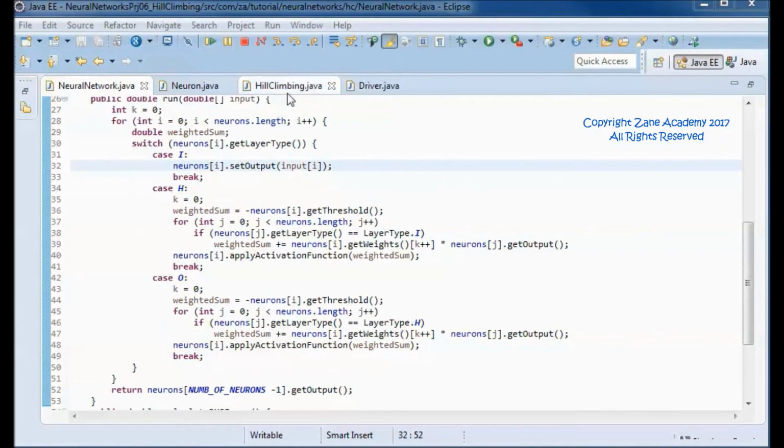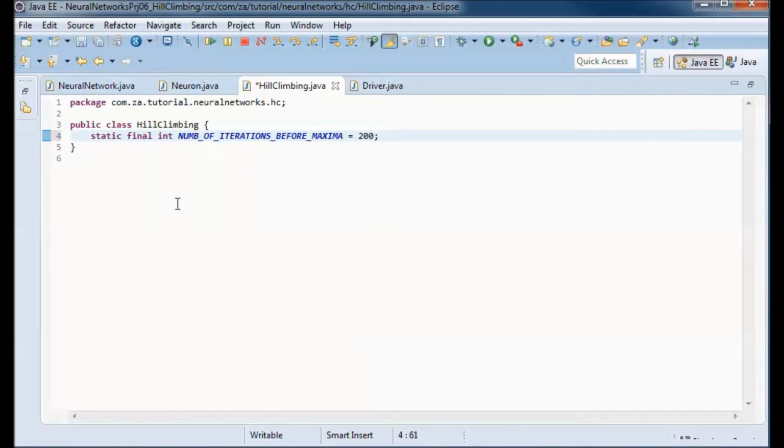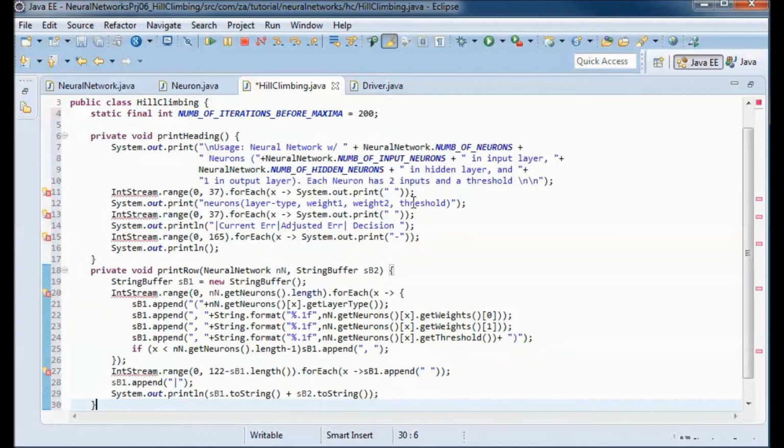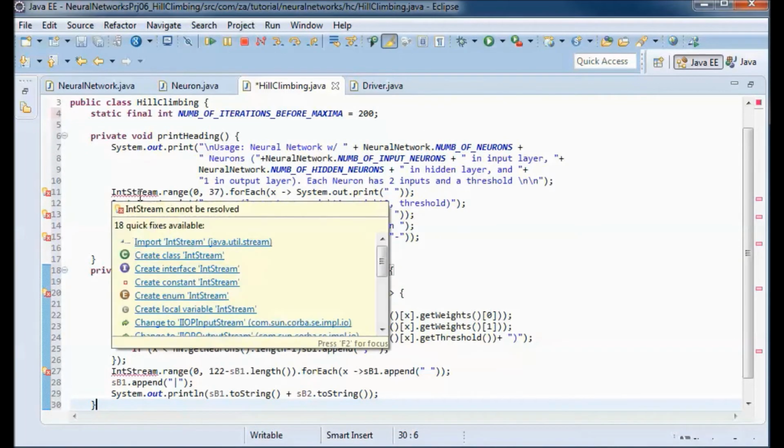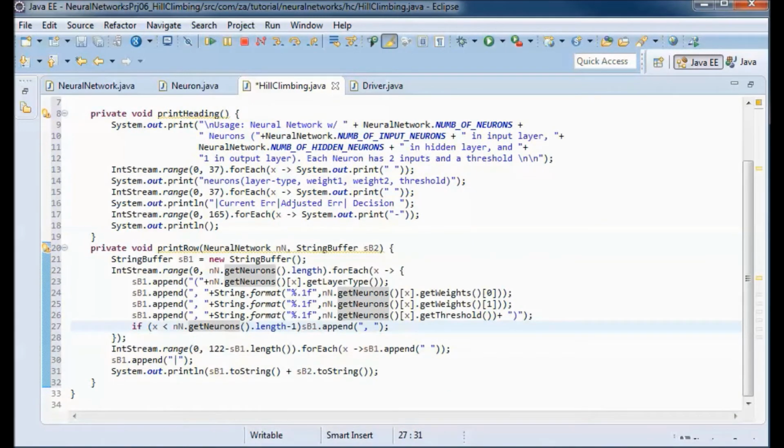Now going to the hill climbing class, we define this number of iterations before maxima, and for the purpose of this tutorial I'll have it be 200, and I will have two printing methods, one for printing the heading and another for printing the rows beneath that heading.